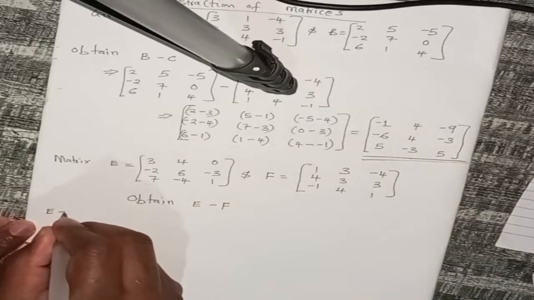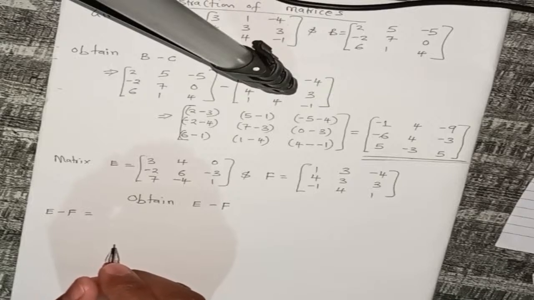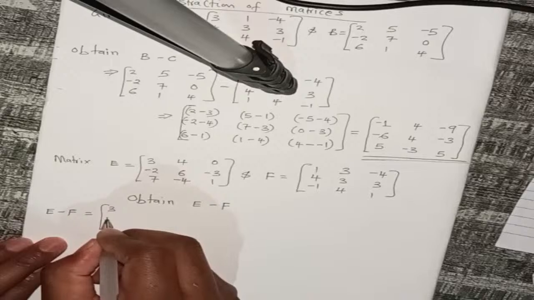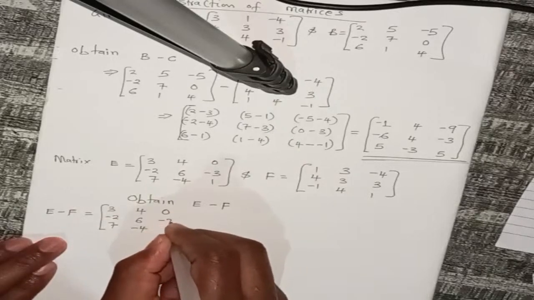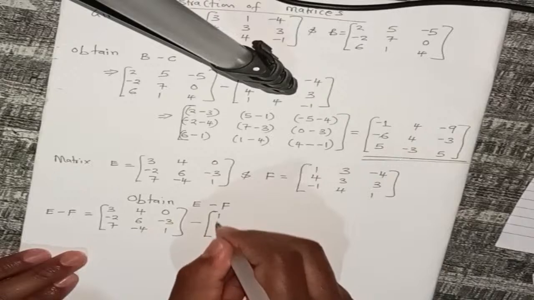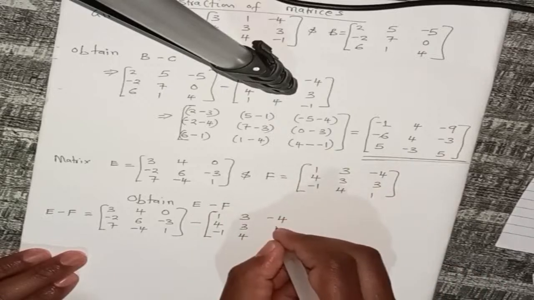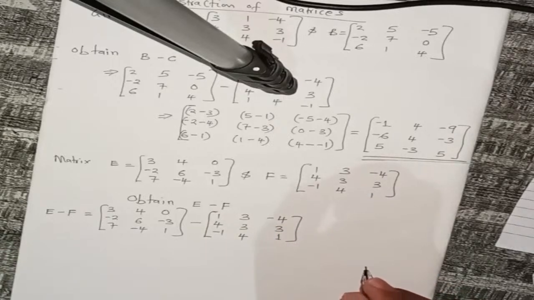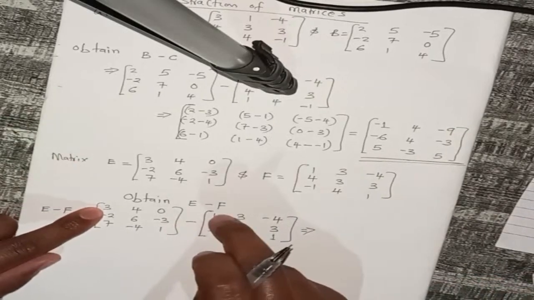So again, E minus F is equivalent to [3, -2, 7; 4, 6, -4; 0, -3, 1] minus [1, 4, -1; 3, 3, 4; -4, 3, 1]. Everything you subtract element by element, and this is equivalent to 3 minus 1,